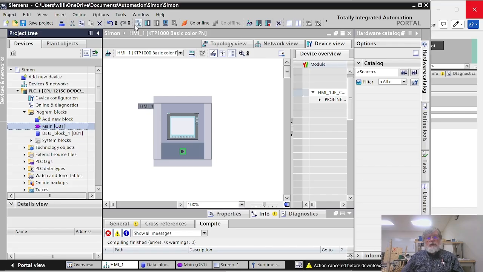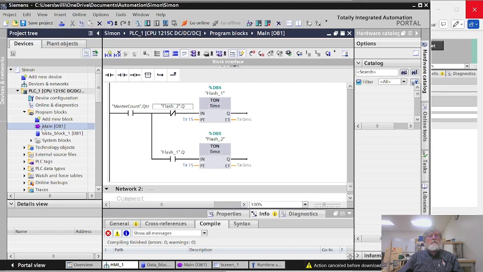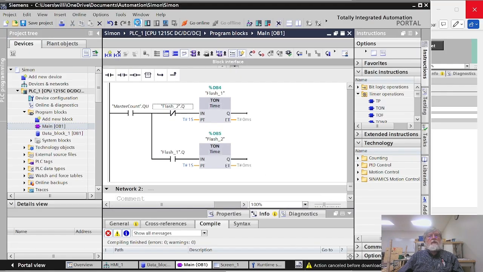So after you make a change like an IP address, you should always compile again because you don't know if you have another mistake or not. So it's always important to compile to set everything together, and it also sets the certificate issue that they have now. So again, compile. You can't compile enough. So now we're going to download the PLC,